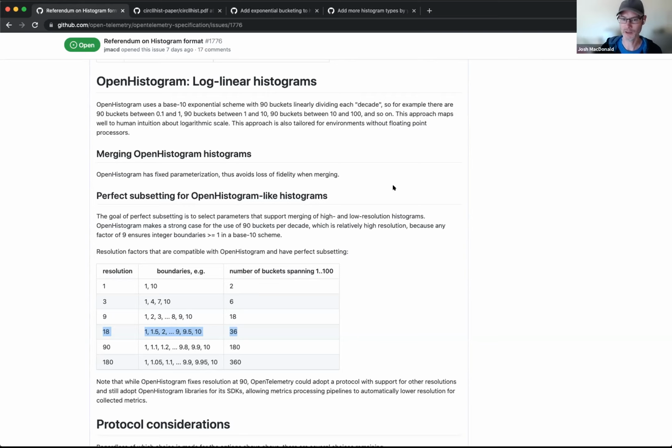So it's not clear why we would actually choose open histogram, given that the vendors seem to strongly believe in the base 2 approach. Now, as soon as I tweeted about this last week, the author of HDR histogram also stood up and said, what about HDR histogram? It's got 10 years of experience, it's widely spread, but it is a more complicated protocol. And the more complicated our protocol, the more work we have in front of us.